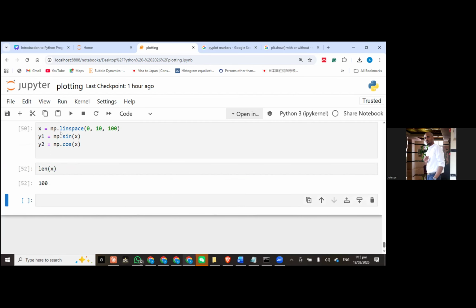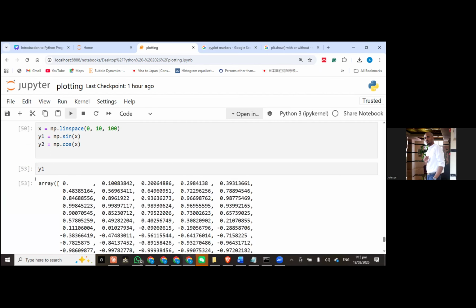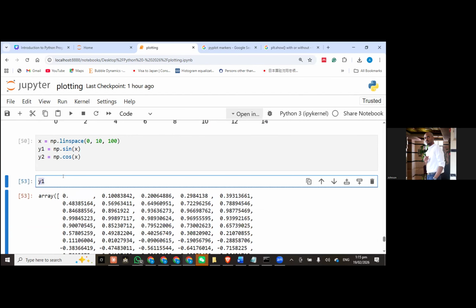Yep, you have 100. Similarly, I'm sure if you have Y1, all of them would look the same way. Yep, same way, 100 of them, good. Now their dimensions are matching, so we wouldn't have a problem with dimensionality. Now let's save this. So the command for saving in NumPy is